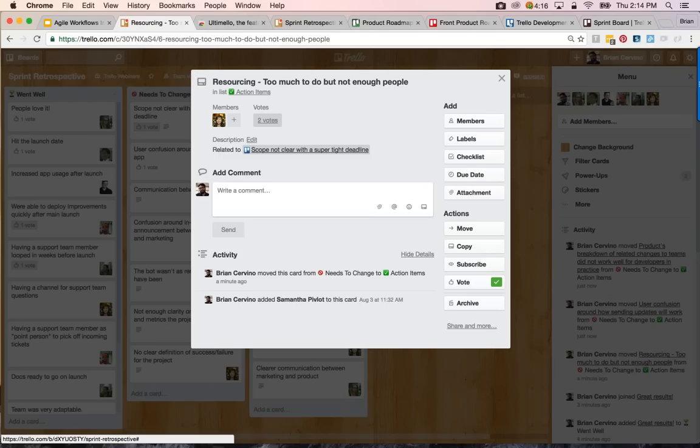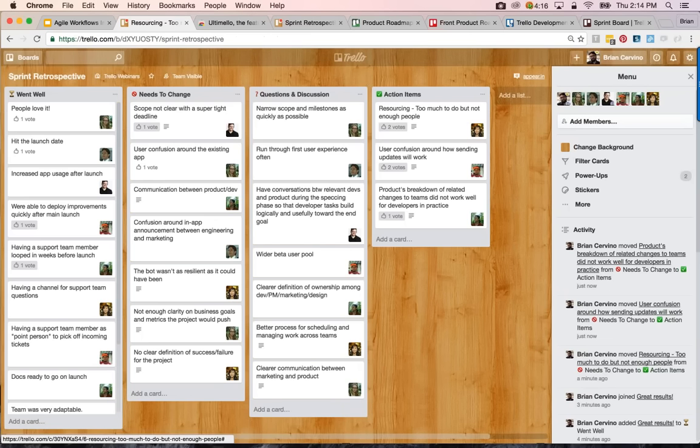The person who created the card will speak to it briefly, and then the conversation naturally opens up to the room to discuss. Generally the most important part of this process is to